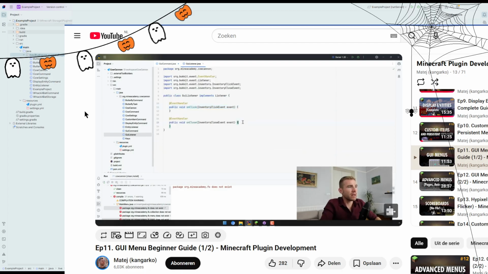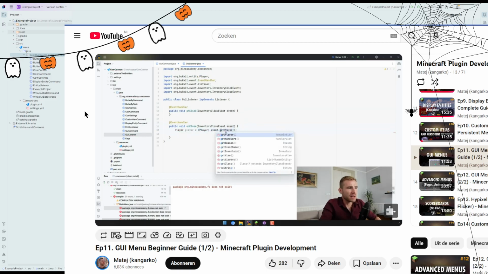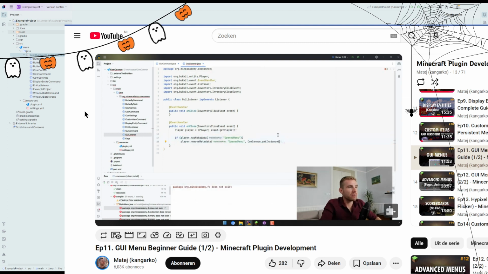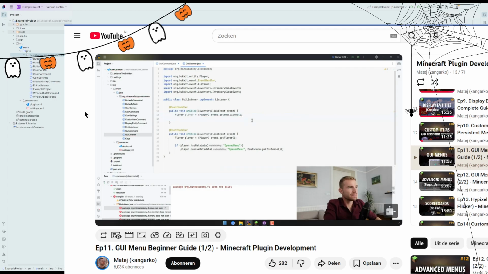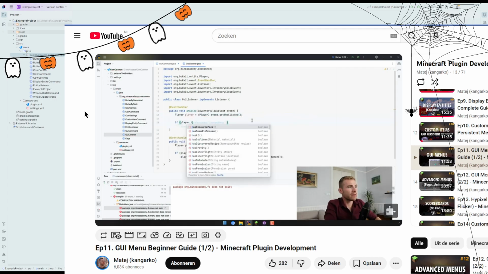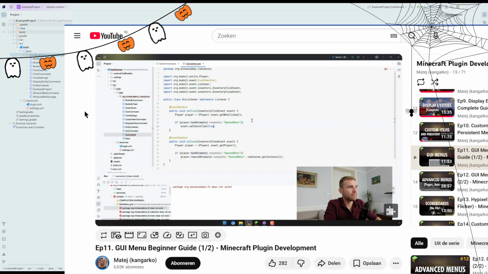And here we can simply check, so player, get player. I think you have to cast it to the player because it returns something called human entity, which is barely used these days, so you can just cast it to a player pretty much each time. And if player has metadata opened menu, we'll simply remove the metadata, so we can clean it, right? And here, I'm just gonna get the player again, and then if player, say, has metadata, I can simply cancel the clicks. Now you can even go as far as going into